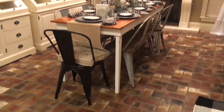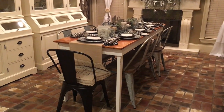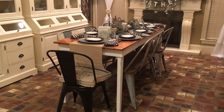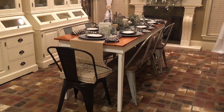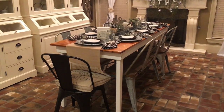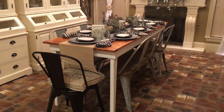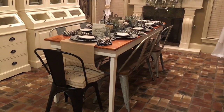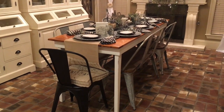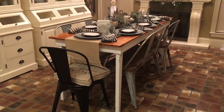Okay, so that's new. And the other thing that you might recognize being new in my dining room is this table and chairs. I mentioned in a previous video that we were selling a lot of things, getting rid of stuff and cleaning out before we move. We've put our home for sale. So after we sold the table and chairs, we ended up moving this table out from my hobby room area out to the dining room so we could have something to sit at. And then I needed more chairs, so